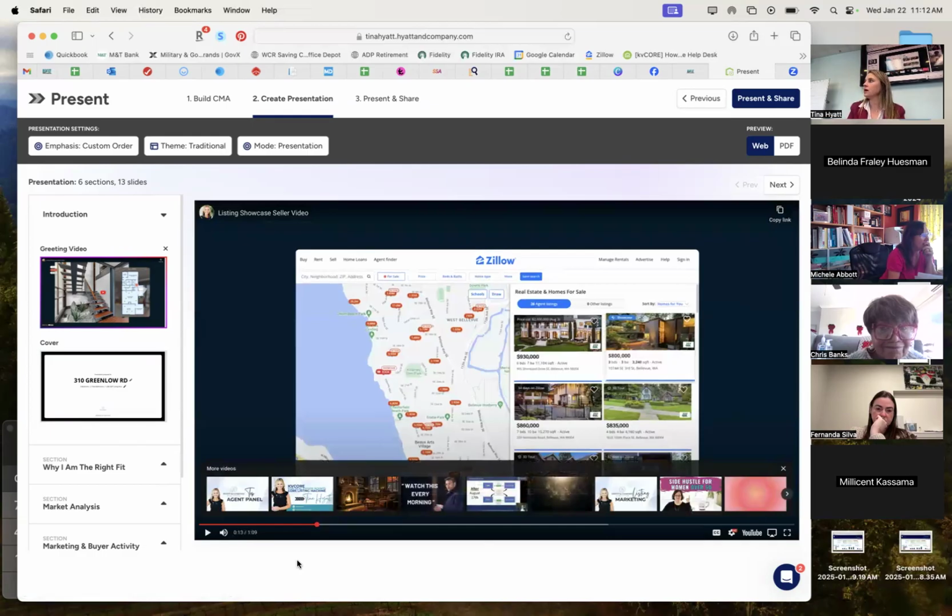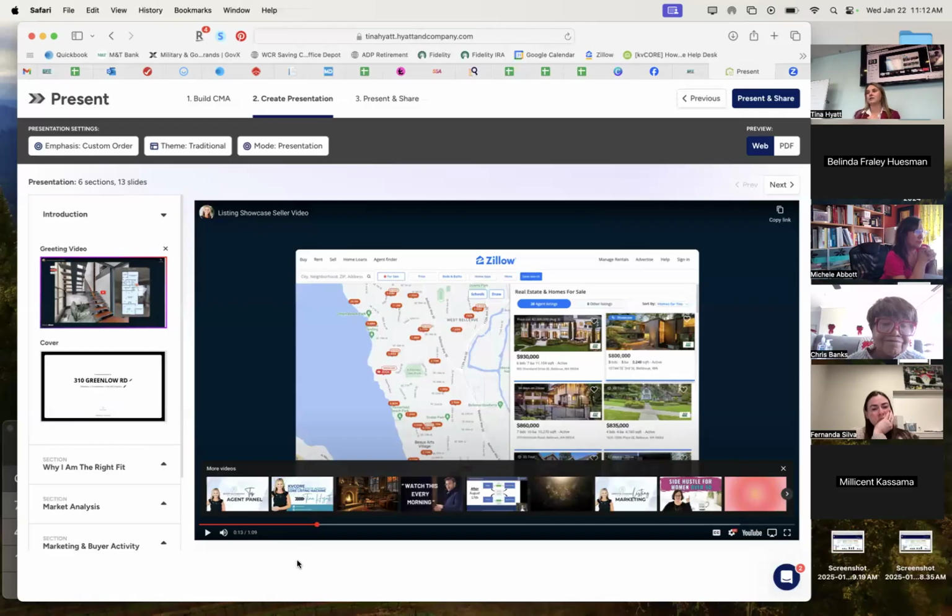So we are a Zillow listing showcase partner in the office, which means for your listings, if you choose to, you can sign up. You have to pay for it, but we get one every month at the locked in discounted rate, which is like $350 for a Zillow showcase listing. Ruth Ann can tell you all about this. If you want more information about it, reach out to her. Right now, half off, it's like $270.